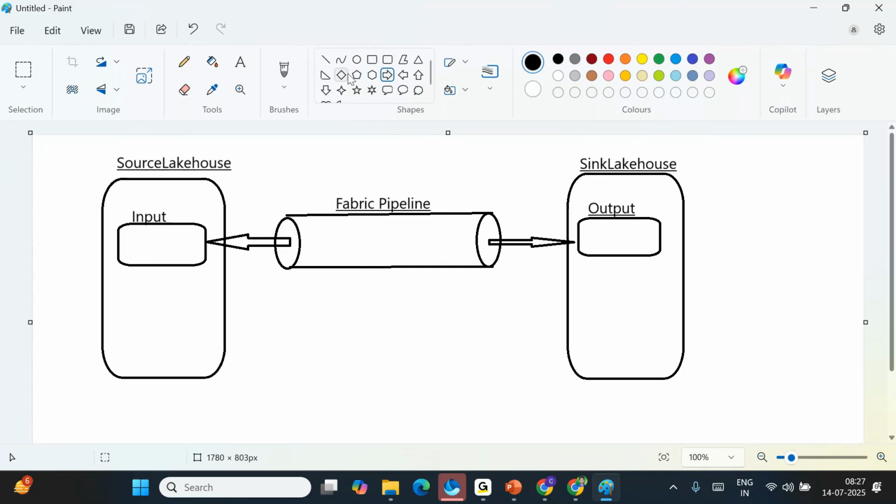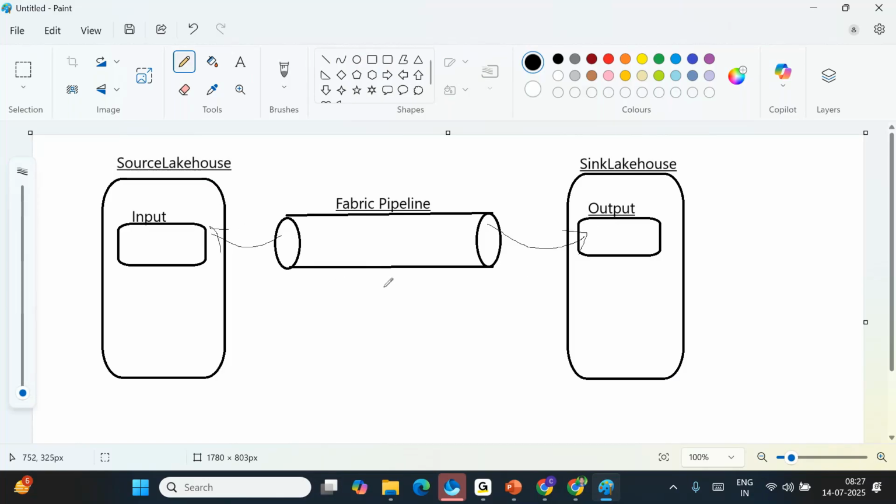Then you need to create some datasets which point to the input folder, then a sink dataset for pointing to the output folder. You might have heard about it. Whether you heard about it or not, remember you may need to create connections. But for a Fabric pipeline, you don't require any connections. Directly a Fabric pipeline can connect to the input folder, read the data, and connect to the output folder to write the data. Directly it can be done.